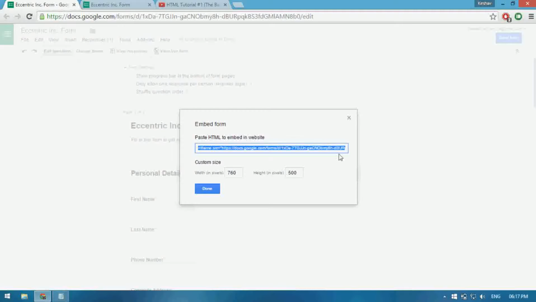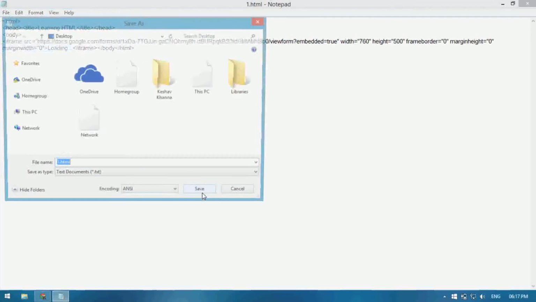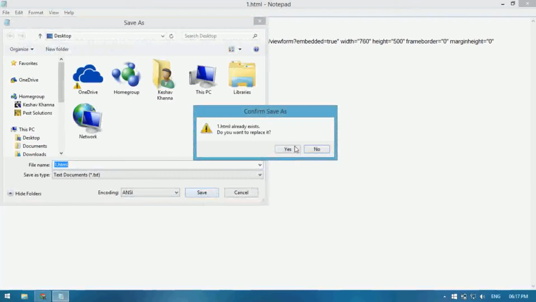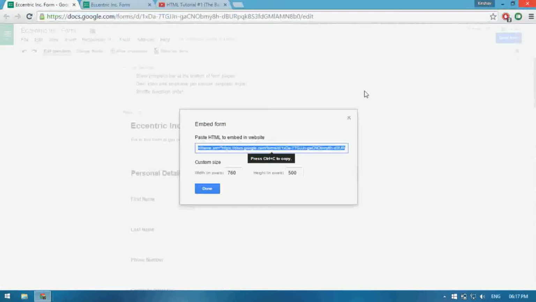So we'll just copy it and we'll paste it in Notepad after the body tag. Then we'll just close the body tag and we'll close the HTML tag. There we go. So we'll just save it. You can save it on the desktop, of course. After saving it, you go back to the desktop